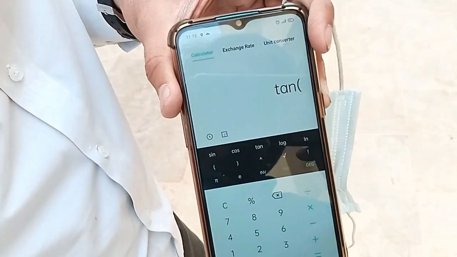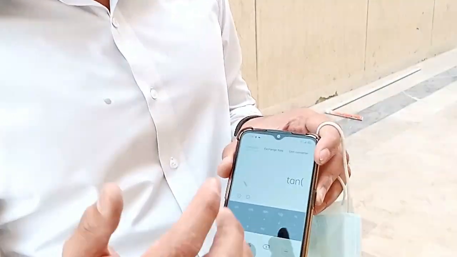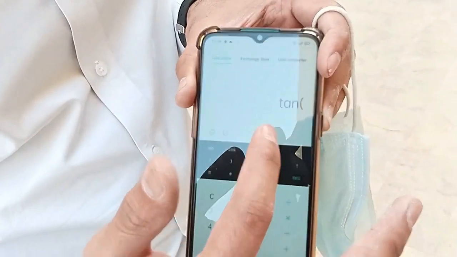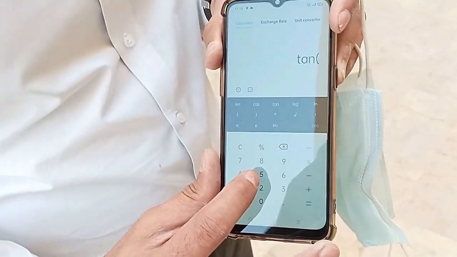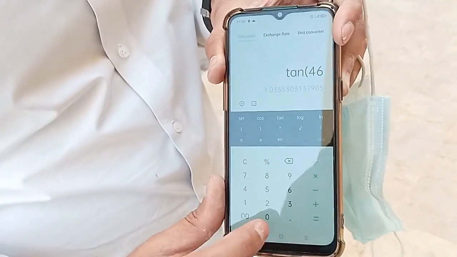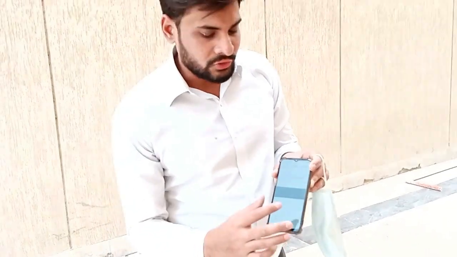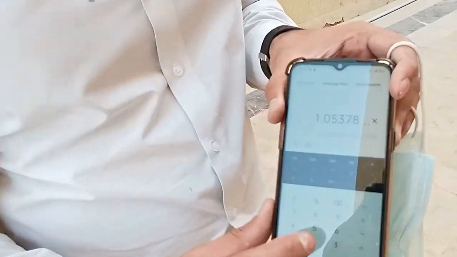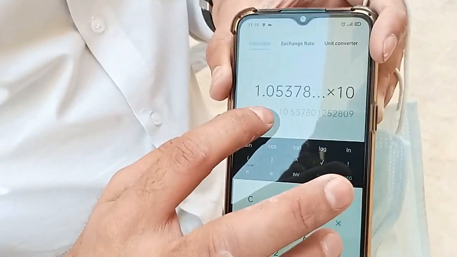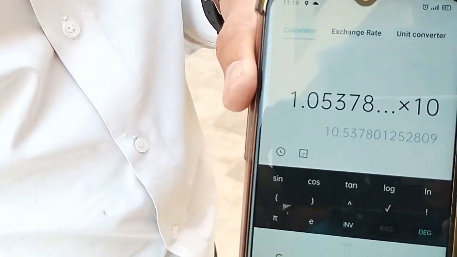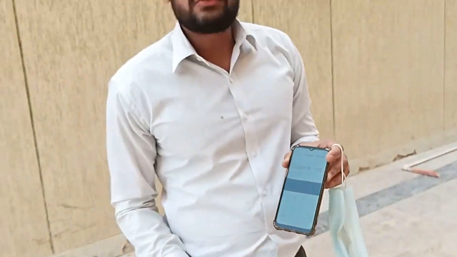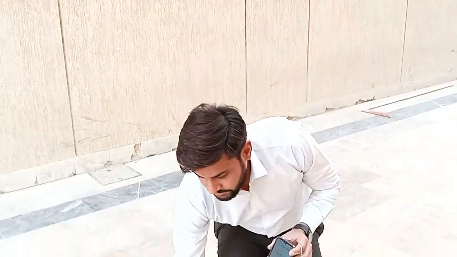As we are finding the opposite side of this right-angled triangle, and we have the length of the adjacent side, we need to use the tangent function, which is opposite over adjacent. We have measured the angle of elevation as 46.5, so we take tan 46.5, which is 1.03 and something. Now we multiply this with the length we measured, which was 10 feet, so the height of this wall should be 10.537.